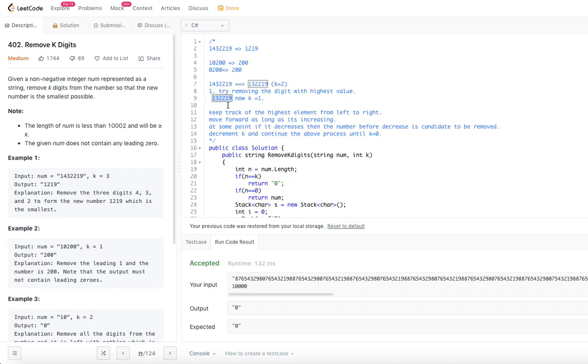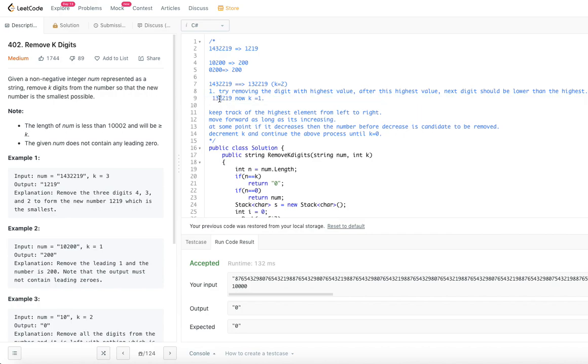So from here we will try to apply the same logic. Look for a highest value, and the next digit after it should be lower than the highest value. So start from 1, it increased to 3 and immediately it decreased, right?